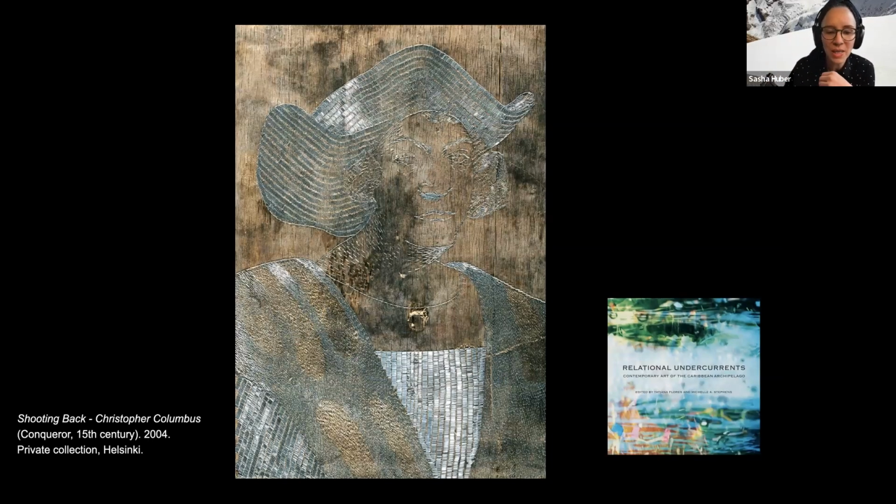But soon after, I realized that I'm creating images of powerful people from history that did a lot of harm. And of course, the title Shooting Back shows the connection to why I do these portraits. But then on the other hand, I create images of people that were written down in history a lot, and later on, that comes to the surface in the project, presenting how the methodology